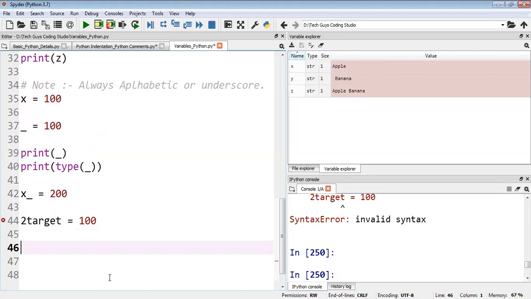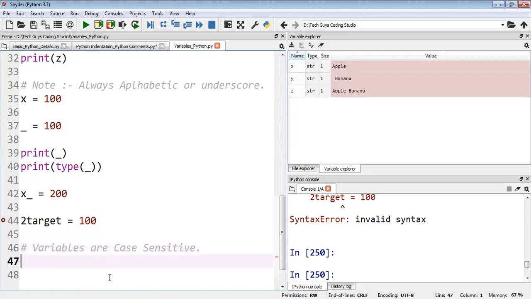And one more thing I would like to tell: variables are case sensitive. Python is case sensitive, and I will show you.